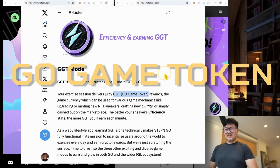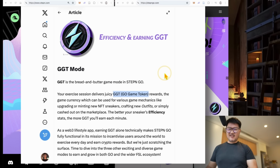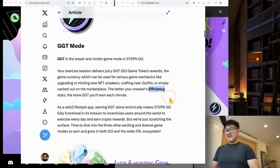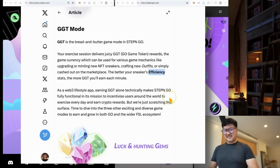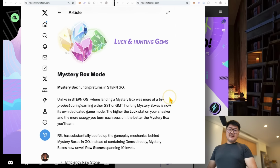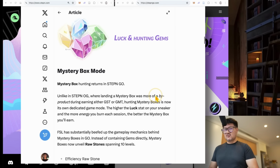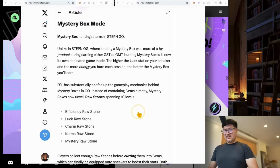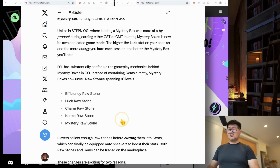Now, the mechanics of this game mode is very similar to earning GST inside STEPN OG. The higher the efficiency stat of your NFT sneaker, the more GGT you rake in each walk. Next up is an upgraded mystery box mode, familiar to STEPN OG users, but with much more strategic depth. You'll walk and earn different level mystery boxes. But now, instead of earning gems directly from your mystery box, you'll be rewarded with what are called raw stones